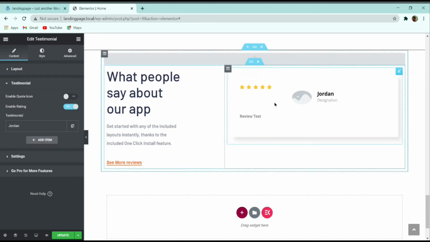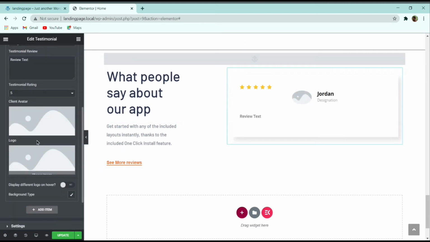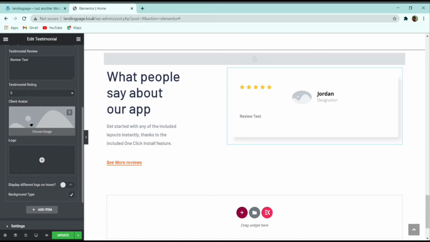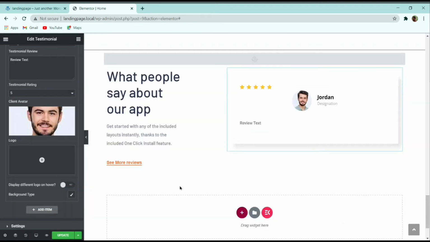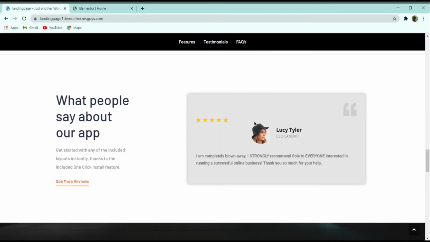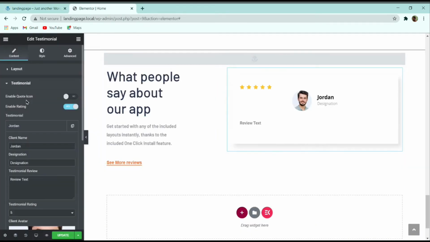So let me first customize the first one only. So here client avatar logo, you can remove it, and in this client avatar you can select a picture of the client. After that, in this designation part, you can give any designation.